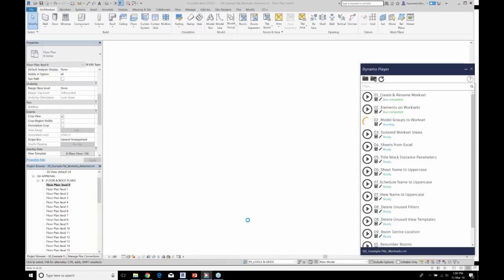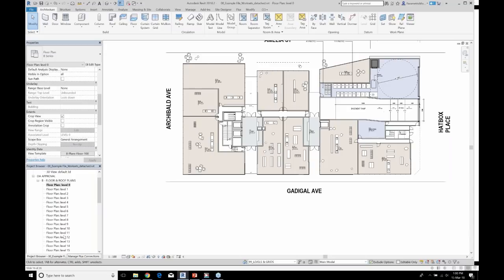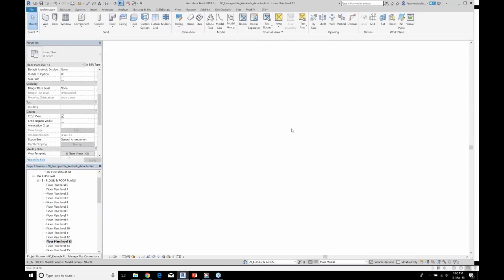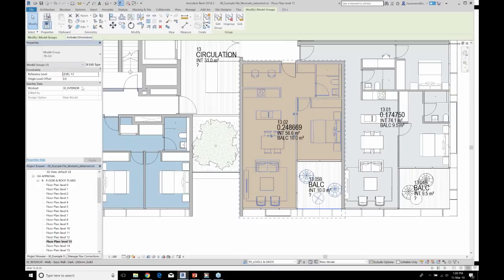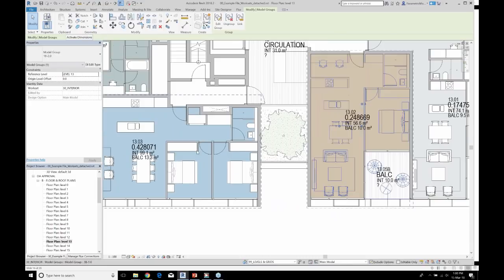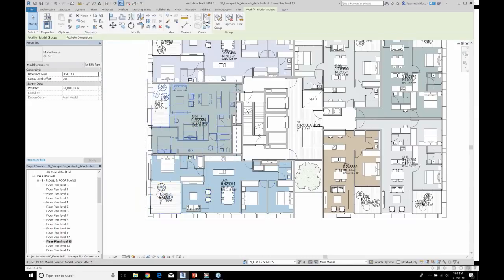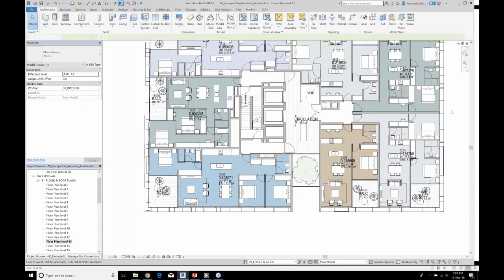Okay, so that's run. If we look at these now, we should see that all of those model groups are on the interior workset, which is exactly what we want.